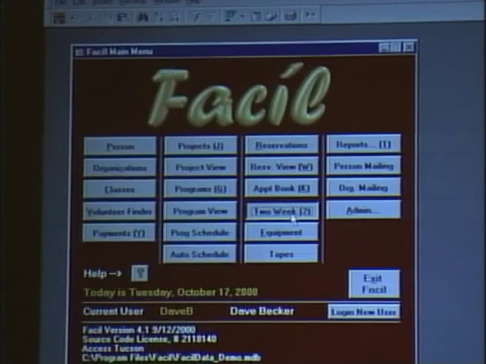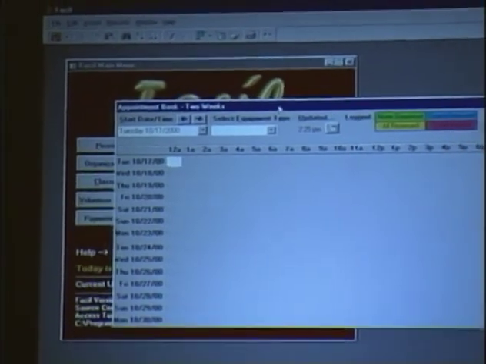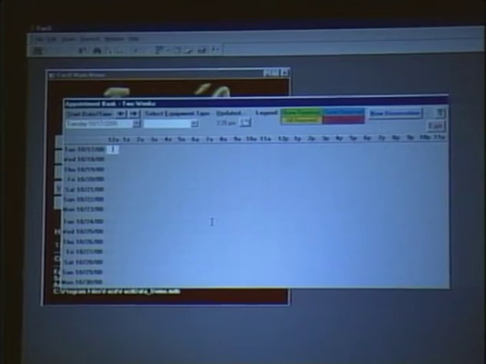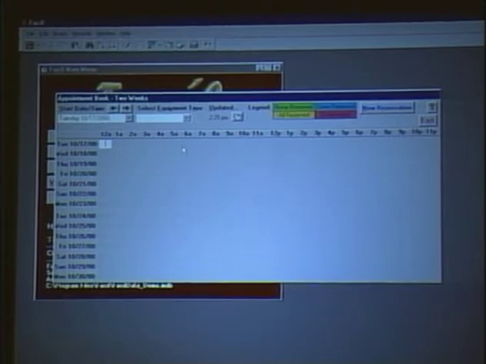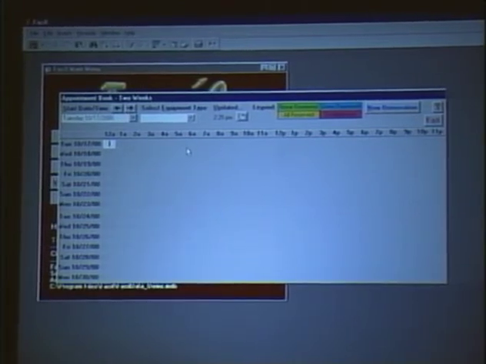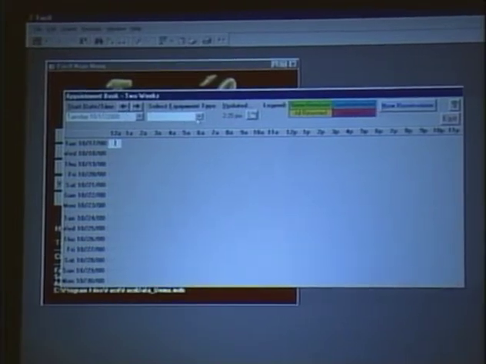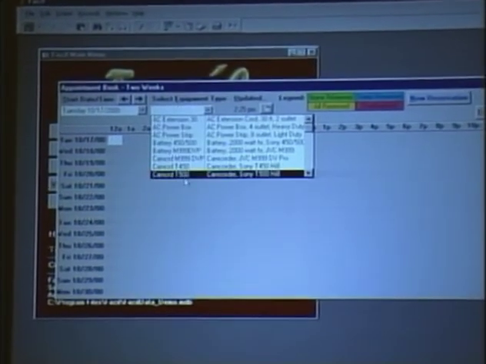There's a second appointment book in Facil, what we call the 2-week appointment book, that lets you see one piece of equipment over a longer period of time. Where the first appointment book is based on a single day and showing multiple kinds of equipment, here we look at just one kind of equipment but over a 2-week period. So you would use this appointment book when you're interested in knowing when will something be available. For example, if we pick the same edit suite,